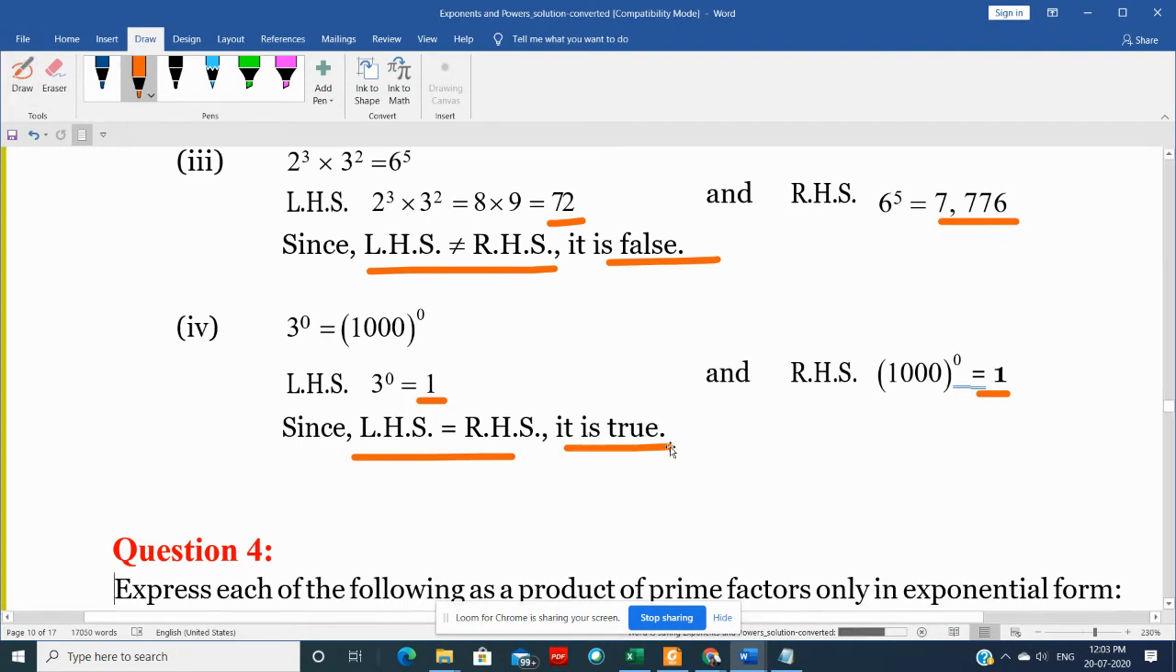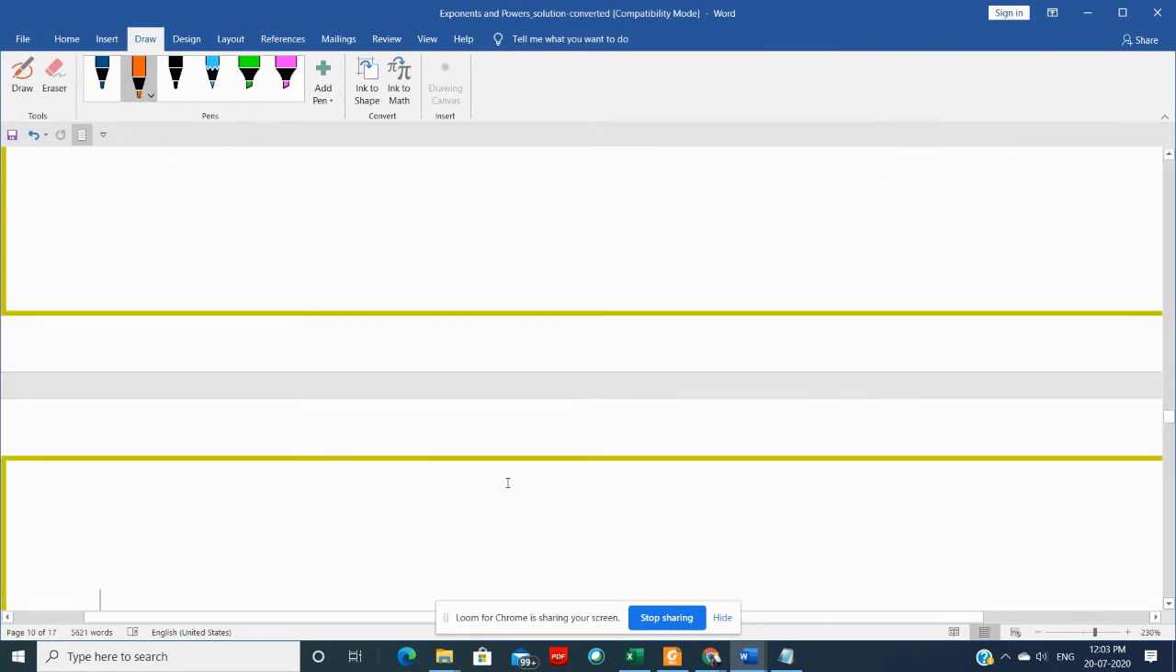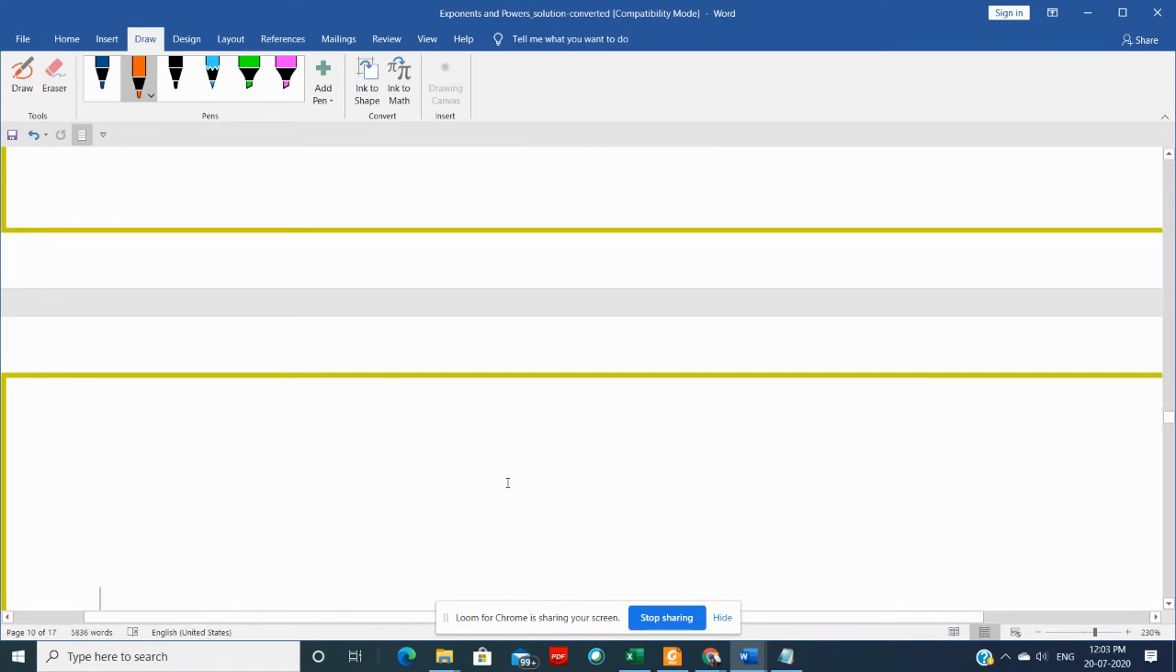Now, let's start discussing our next question of the same exercise. It says that express each of the following as a product of prime factors in exponential form. See guys, we have already discussed these type of sums, so I'm just discussing first and second sums, all right? Because we have already discussed these type of sums. All right. So first is 108